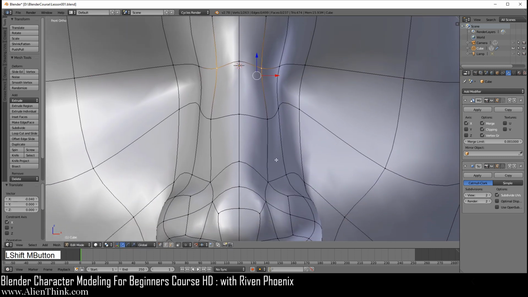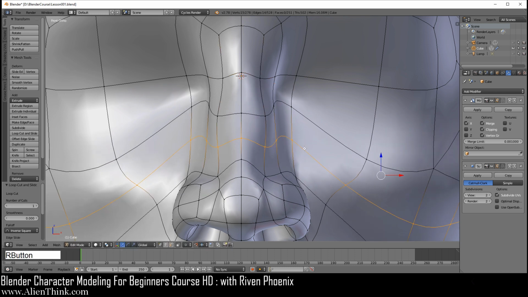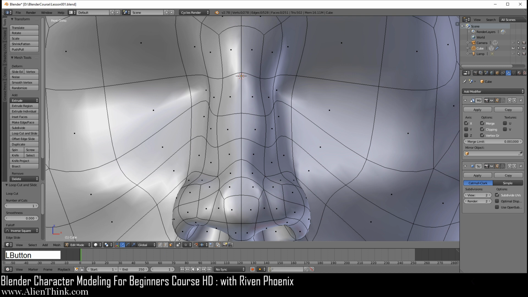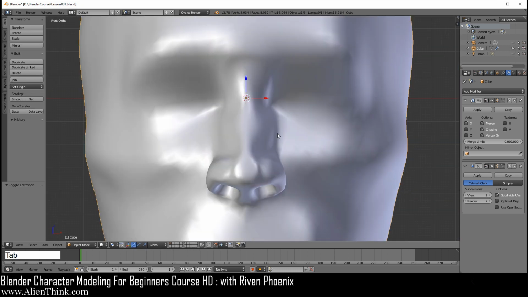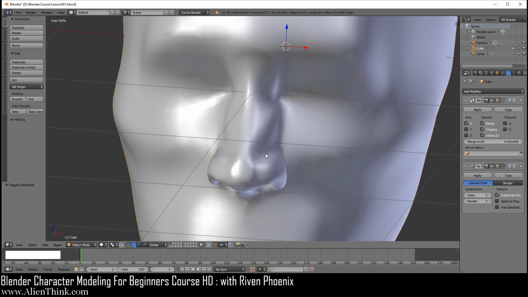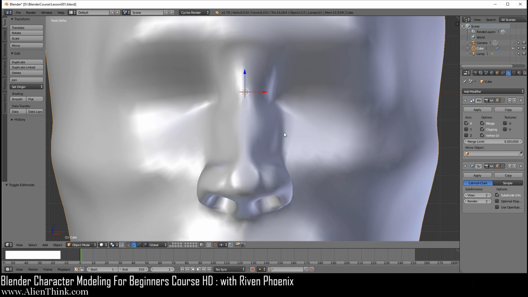Okay. And now we're going to do Control R, left click and right click just like this. Click on this over here. You're going to click on this and you're going to do 1 and then 2. You can do about 3 just like this. Okay. Now, if I do tab, you can see what we've done here. If you look at your nose in the mirror, you'll see that the way the nose works is you're going to get this thin area, a little thicker. Depends on what type of nose it is, but you're going to get this fatty area over here.